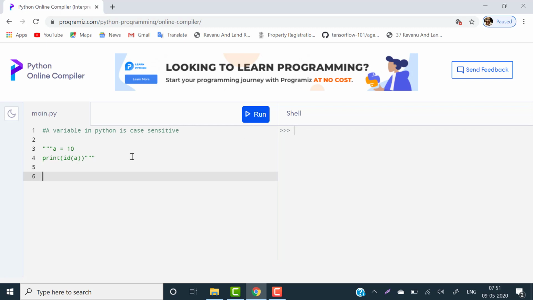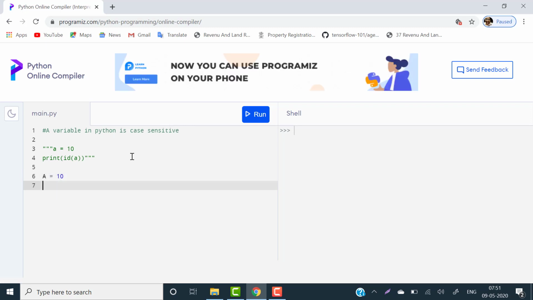Now I am giving capital A is equal to the same value 10, and I check print id of capital A. If I run this program, I will see that this is totally different from what we checked for small a. This shows that it is case sensitive.